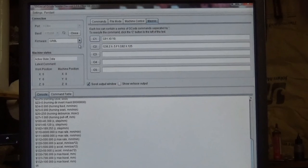You want to make sure you choose Gerbil for your software, unless you have a Tiny G or something else, but whatever you're using, you want to choose it right here. In this case, I'm using Gerbil, the Inventables stuff came out with. Okay, so let's load up a zeroing G-code file to zero all 3 axes at once using a 1/4 inch